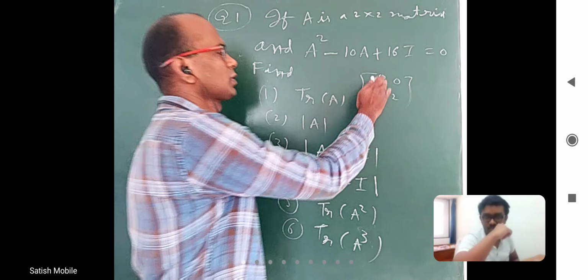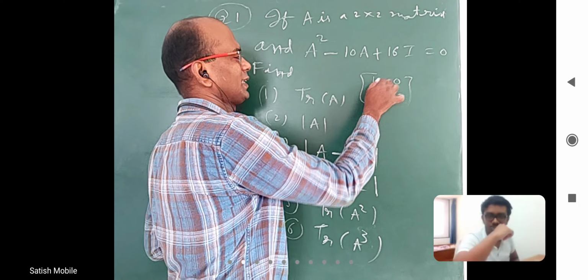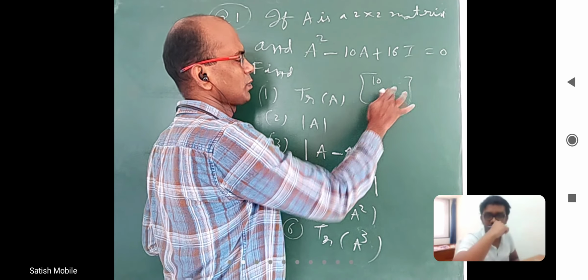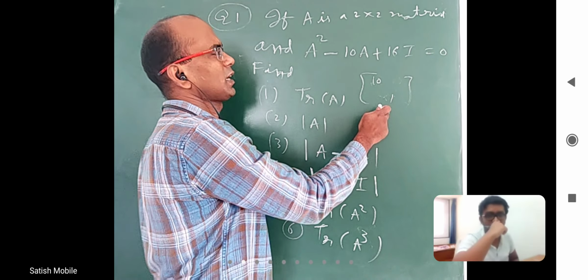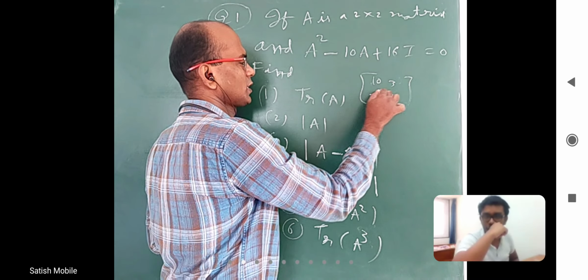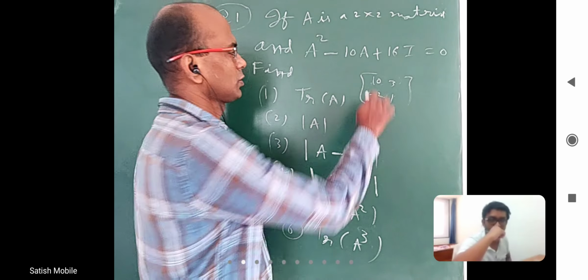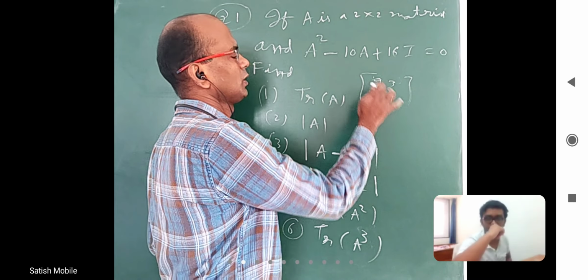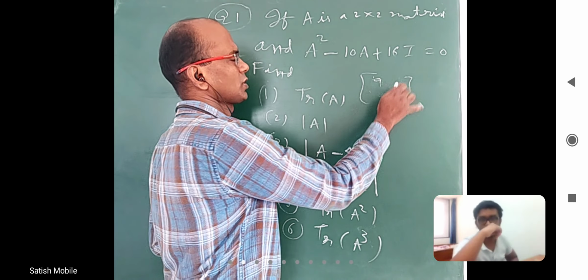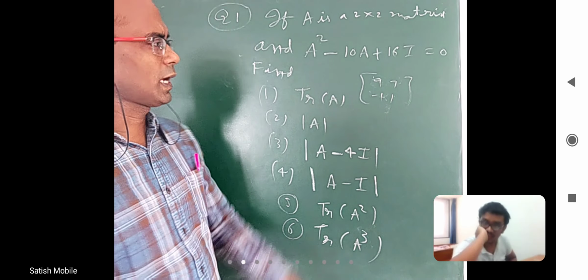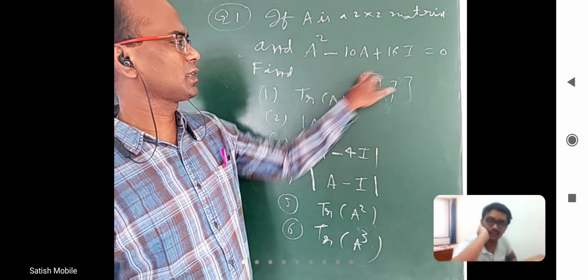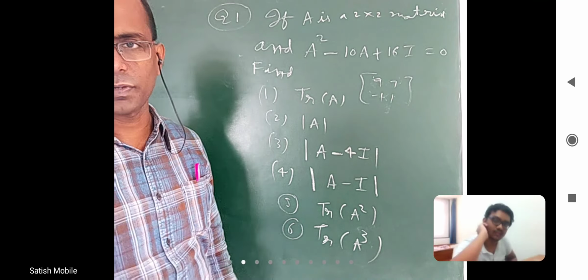I can even put, let's say 10 here, 1 here, and adjust these numbers where I can get 16. This is 10, I want to get minus 6. Take 3 and minus 2. I'm sure they'll satisfy this. As long as you make sure, 9 into 1 or 10, and this is 9, I want 16, so 7 minus 1. As long as you make this sum 10 and this determinant 16, any matrix will satisfy.